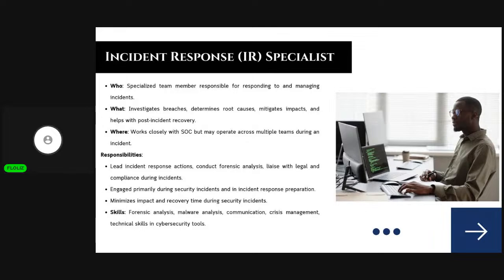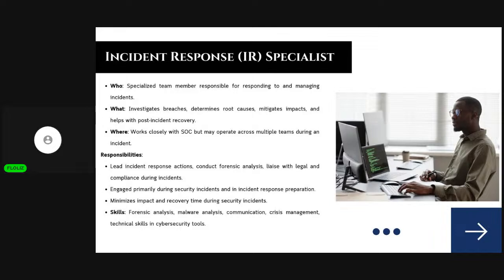Now, there's a big gap between a data breach and a security incident. A security incident may not necessarily lead to a data breach if it is treated immediately. So the incident response specialists have to be grounded in any form of potential cyber threat, be it a ransomware attack or a man in the middle attack, because the person has to be able to investigate data breaches to know the root causes, not guessing this might be the cause. The person should be smart enough to know the root cause of that security incident to be able to mitigate